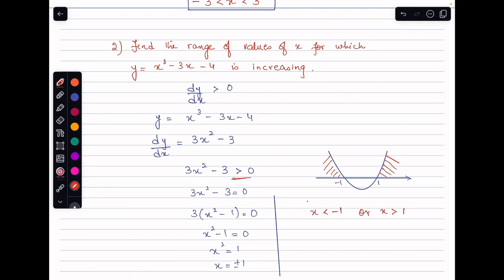Another thing that I would bring to your notice is that we have here y equals x cubed minus 3x minus 4. This basically is a cubic equation, and the coefficient of x cubed here is positive. We have discussed earlier also that if the coefficient of x cubed is greater than 0, then we should have a cubic curve for which the pattern is that first it is a maximum and then it is a minimum. So here again, what I can see is that we have all the gradient values positive on this side of the curve, as I can see that this curve